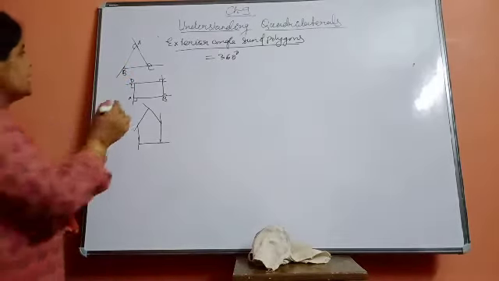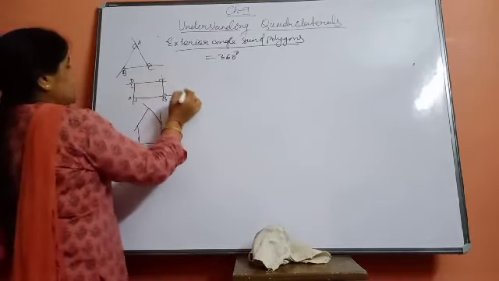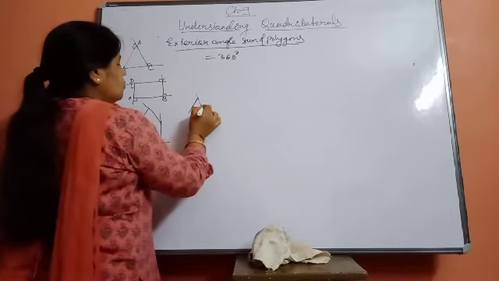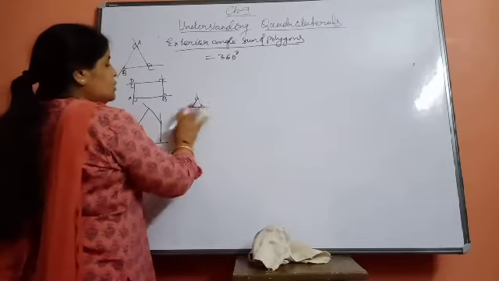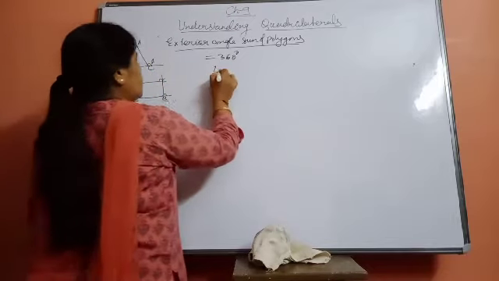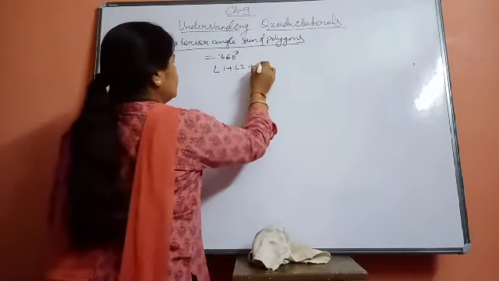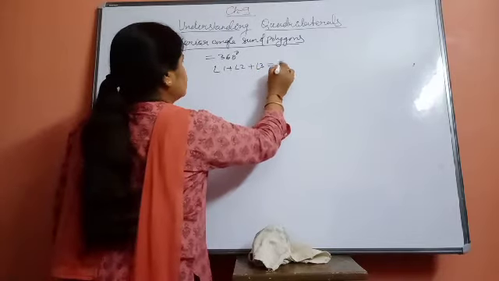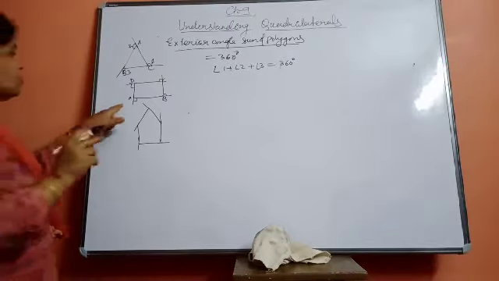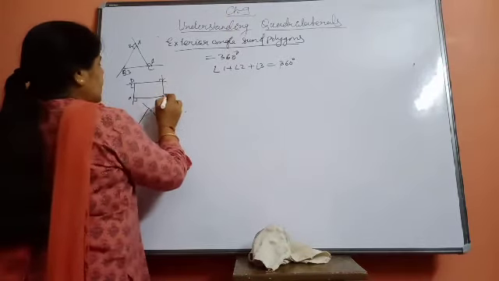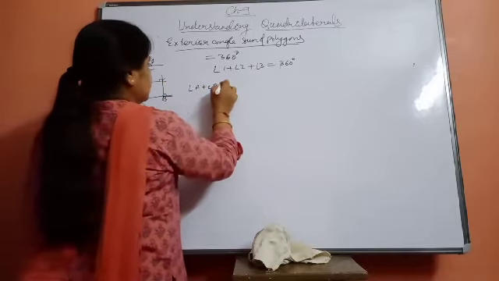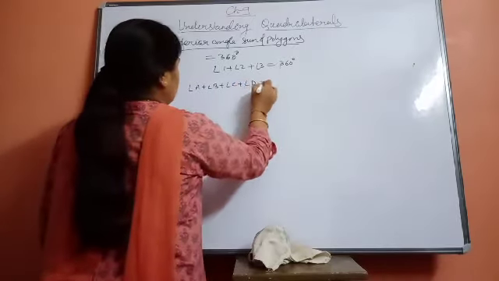Now see, in the case of a triangle I made, I have extended these lines here in this way, so you can see that these are making exterior angles. Taking these angles as angle 1, 2 and 3, angle 1 plus angle 2 plus angle 3 in a triangle will be equal to 360. You know that the interior angle sum in a triangle is always 180 degrees. In a quadrilateral also, I have extended the sides, as you can see in the figure. Here also angle A plus angle B plus angle C plus angle D is equal to 360.